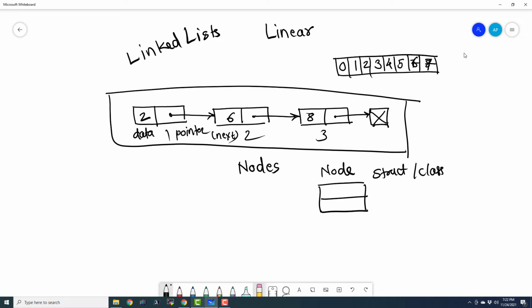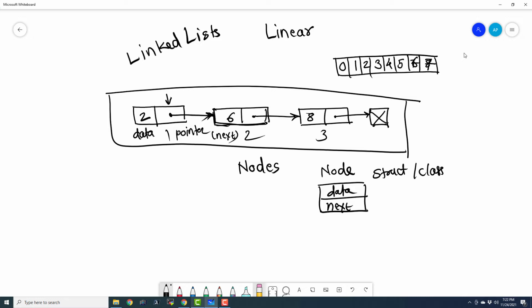The class is going to have two parts, data and next. The next part is pointing to the next node, so it is going to have the address of the next node. This way we have the data part, the next pointer, and nodes, and those nodes are connected to each other with links. That is why it is known as a linked list.